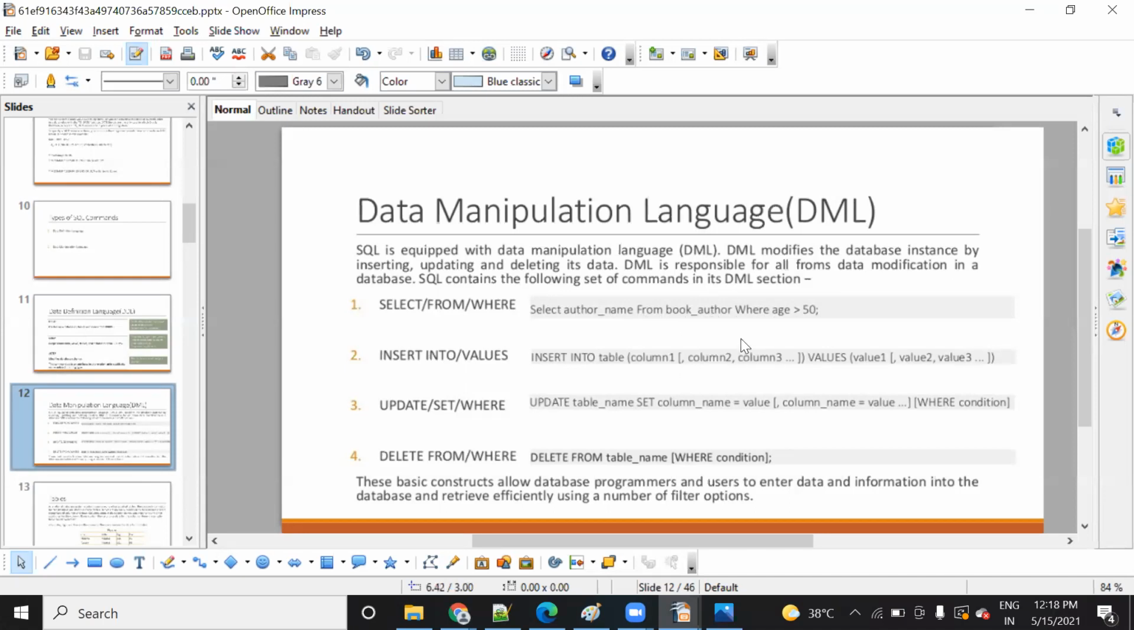Now what is where? The age is the condition. What condition will you write? Age greater than 50. Correct. So it will give you all the author names from this table, book author, whose age is greater than 50. In your database, it might be a record, like, suppose